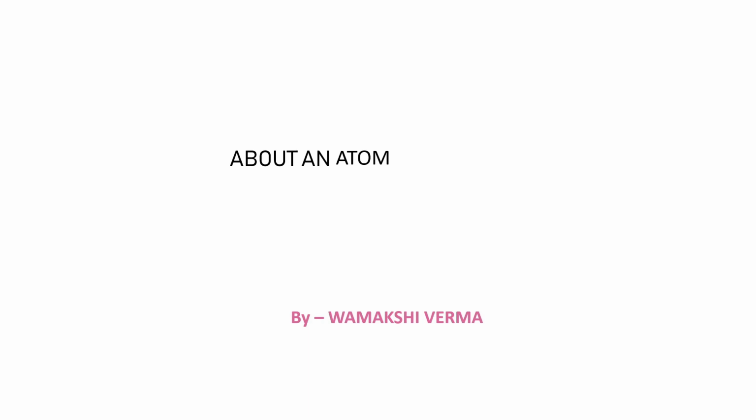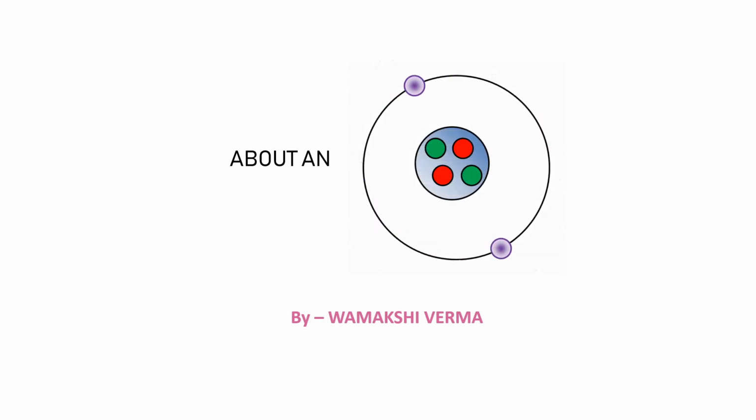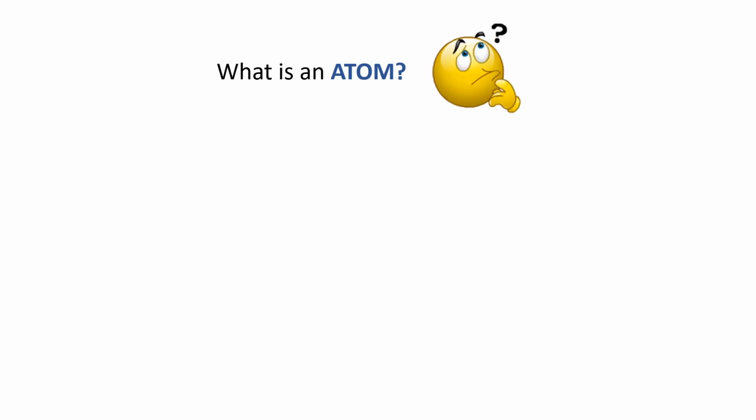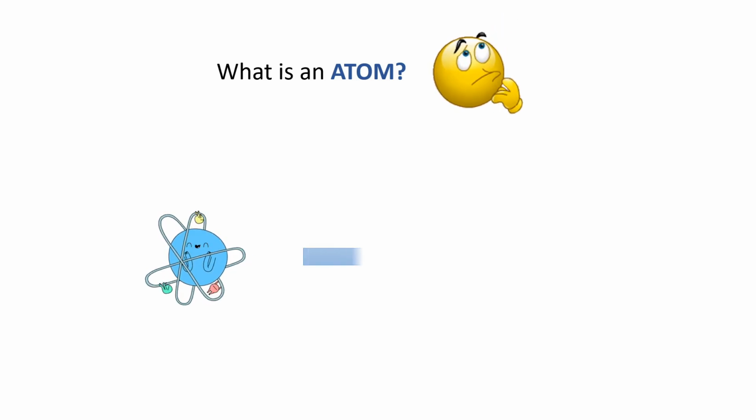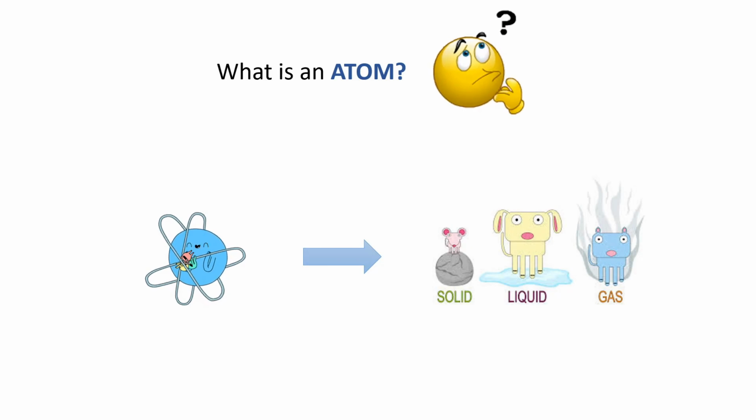In this video, we are going to see the basic concepts related to an atom. Let's first understand what an atom is. So basically, an atom is the smallest or the tiniest part of matter. Now matter can be anything. It can be solid, liquid or gas. So if we break matter into the smallest pieces, it would be an atom. It is just like the cell is the smallest and fundamental unit of our body.